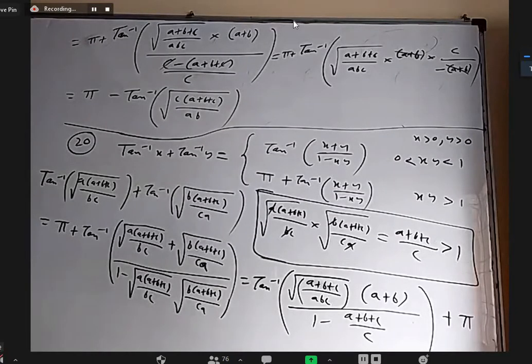Sir, instead of doing all this, we can assume that A equals B equals C. That is an objective method. What if A is 1, B is 2, C is 3? At that time also, is the answer correct? Yes, sir. The objective method is okay. But subjectively, how to prove it? Okay. Because the answer is not pi only for A equal to B equal to C. It is also true for other cases. But already options are there, so it's okay. I will discuss another method for this and then we'll stop.